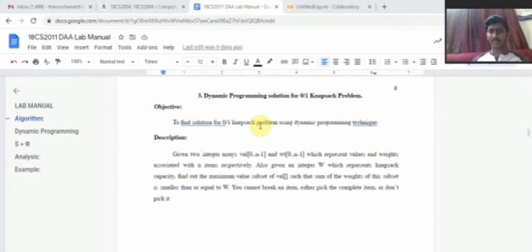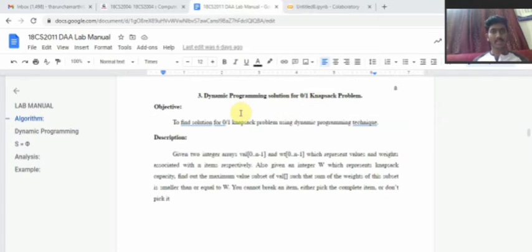What is the difference between the fractional knapsack problem and the 0/1 knapsack problem? For example, in a fractional knapsack problem, if my capacity of the knapsack is 20 and I have 15 weight already filled and 5 left, and I have a weight of 10, then I can take a partial of the weight 10. I can take 5 so that I can fill my 20 capacity and then I'll have the profit. Whereas in the 0/1 knapsack problem, we cannot do that. The only option we have is whether to take the weight or leave it. That is the way we have to deal with the 0/1 knapsack problem.